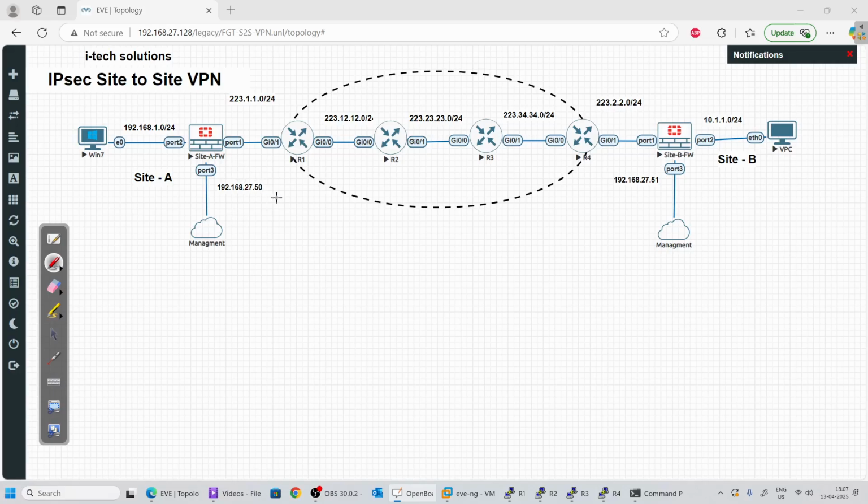In this video, we will do site-to-site VPN configuration. This is the topology that we will use for this lab demonstration. We have site A and site B. And in site A, we have